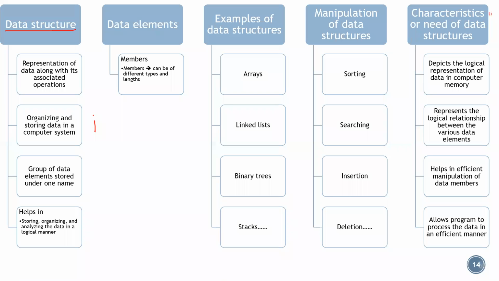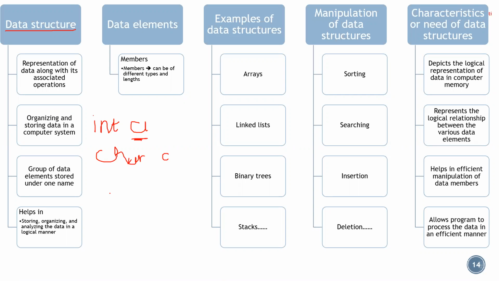For example, if I write int and I write a, so a will be holding a variable which is of the type int. Now suppose I want to store some information. If I declare a character, say only a single character, this can store only a single character which is of the type char. Now if I want a variable that stores, say, an integer and a character, in that case what we do is we go ahead with what is called a data structure.